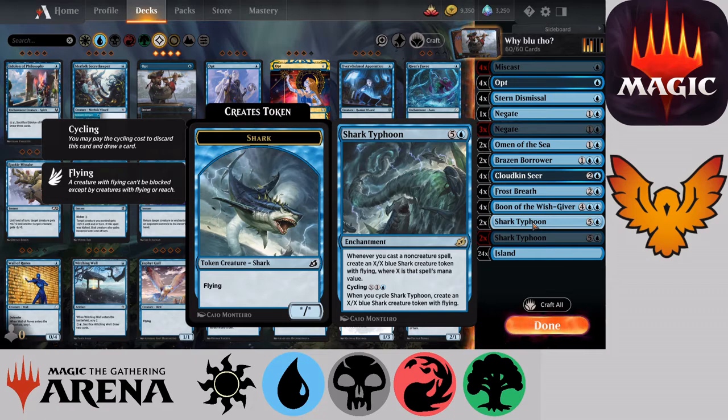And it's an enchantment, so it just stays in play. It says whenever you cast a non-creature spell, create an X/X blue Shark creature token with flying, where X is the spell's mana value. I love that. And of course, it has cycling also. It says when you cycle Shark Typhoon, create an X/X blue Shark creature token with flying. So you can cycle it also if you don't quite have the land to be able to pull it off. But if you can pull it off and get it into play,